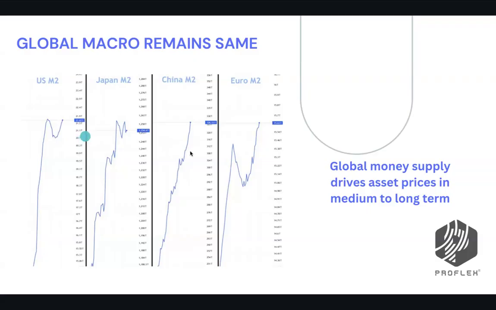Global macro is suggesting that asset prices have to go up. Yes, there is fear in the market right now. Yes, there will be hiccups at the individual stock level, and the stock market will react in the short term. But ultimately, this is a 5 to 6 year trend, which I have captured here in this chart. If you map the M2 money supply of the world and the asset prices, whether it is gold going up or the stock market going up, only the relative allocation can change. Because if you have money supply increasing, where will it stay? It has to be invested in assets. You cannot have the money supply expanding and asset prices not following; only the relative allocation changes.